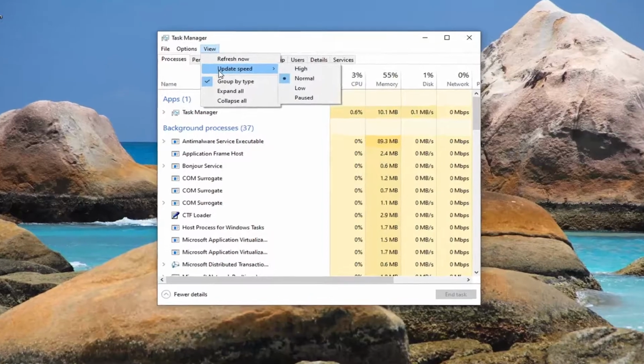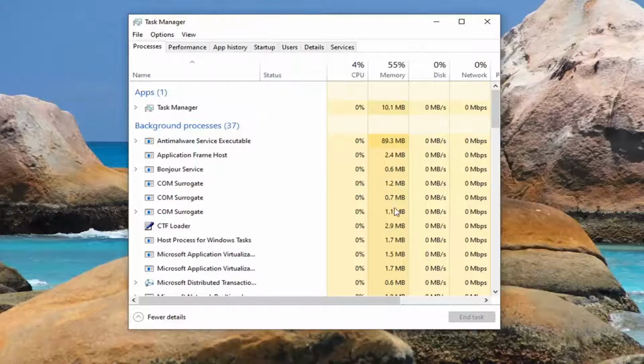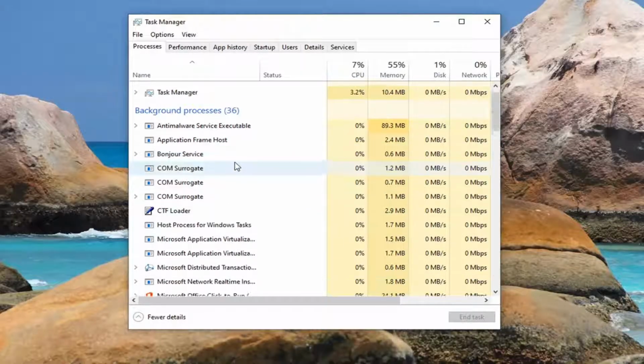Select Update Speed, and you can adjust it anywhere between high, low, normal, or paused. So if you select pause, it shouldn't change at all. If you select fast or high, I should say, it should update very quickly. So again, it depends on what your processes are doing, if they're actually changing or fluctuating that much, but